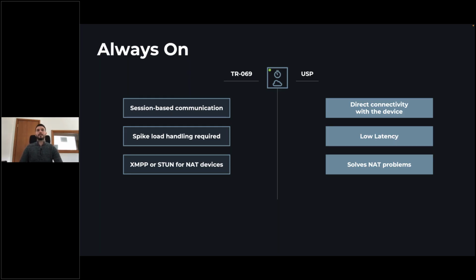One more issue which this direct connectivity solves would be the device's connectivity in case of NAT networks, meaning that the device is behind an internet gateway, so on a private network.